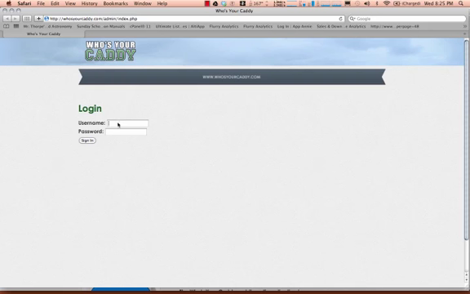So here we are at the login page, and as I said, I'll use a demo account just so that you can really see what you're able to do. Now, starting from right to left, obviously you've got a log out. You've got an account link where you can update your own information, again, change your password, things like that. You've also got a great section where you can run reports and see what's going on in your own sales